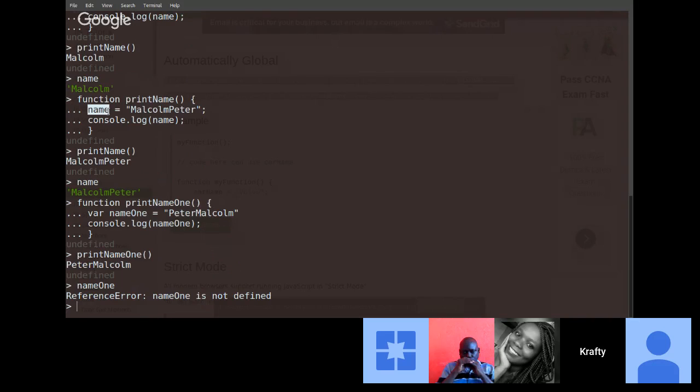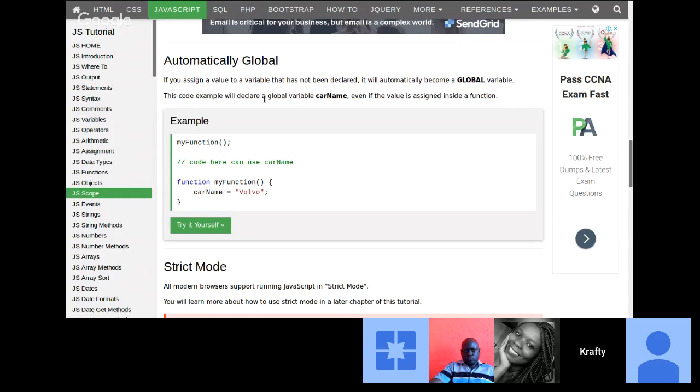Yeah. I think the first one is more of assigning and the second is a declaration plus assigning. I'm not sure. Okay. So because the first one is global, but the second one is not global. So automatically global. If you assign a value to a variable that has not been declared,